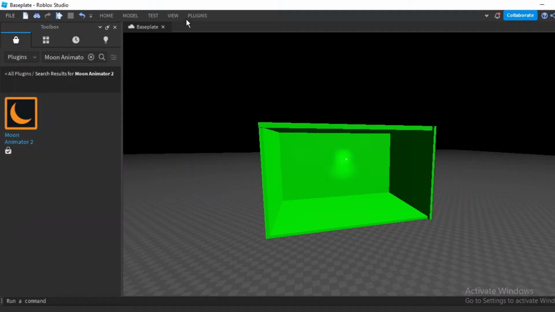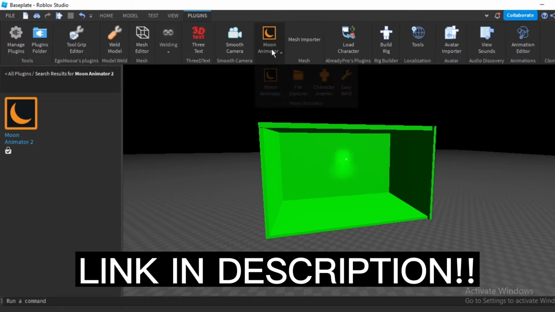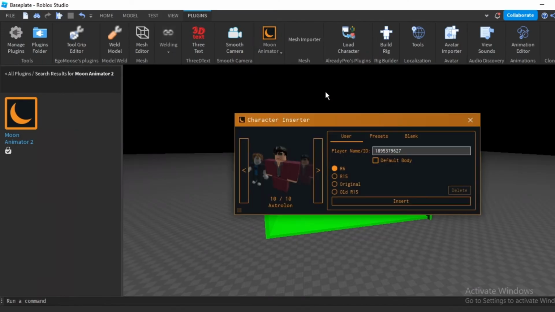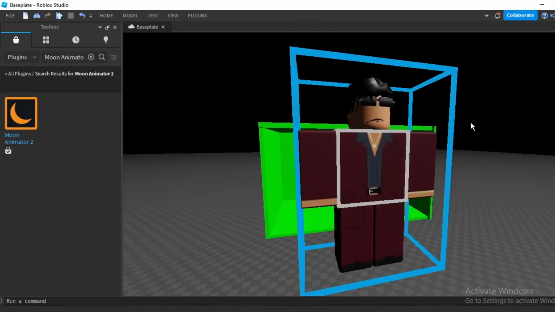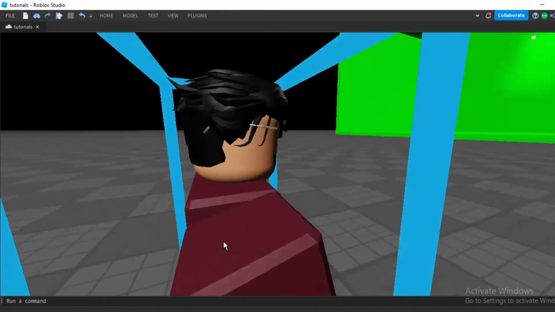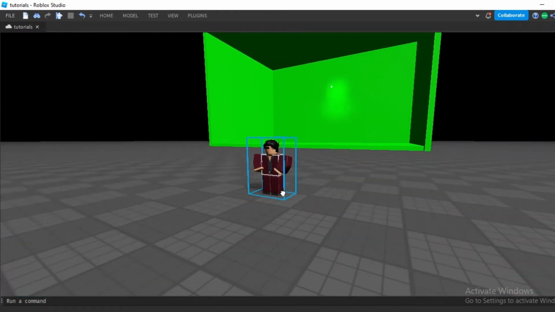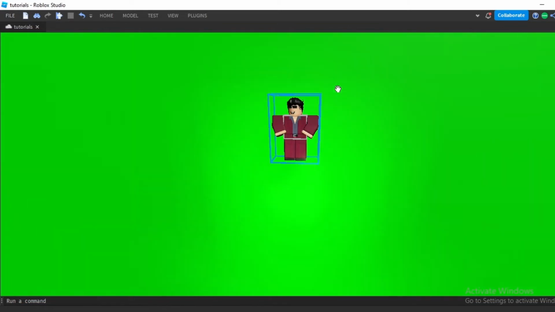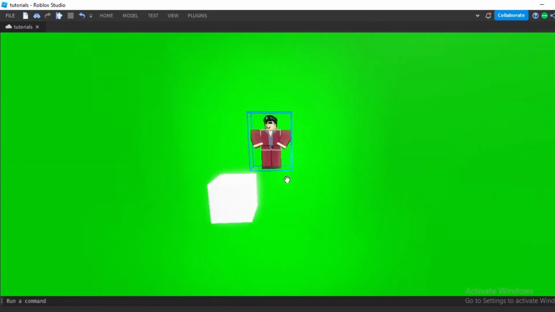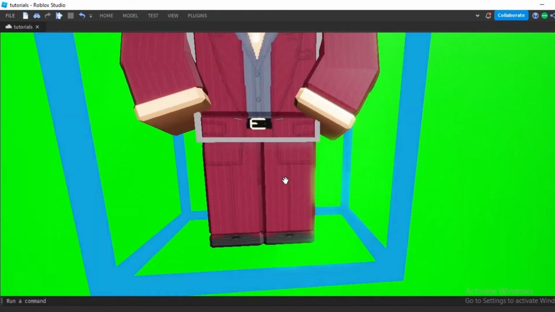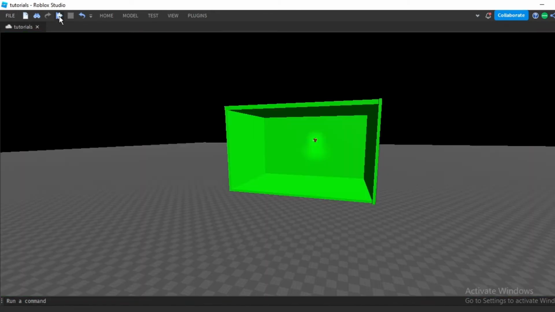Then you can get the Moon Animator plugin, which is linked in the description, and then insert your character like so. After you got your character inserted, you can make a quick pose. I have some posing tutorials linked in the description, so go check them out if you need some help with that. Alright, after you're done with your pose, move your character in front of the point light in the green